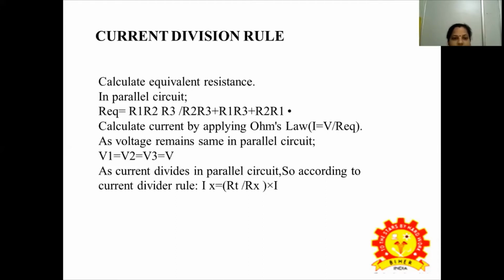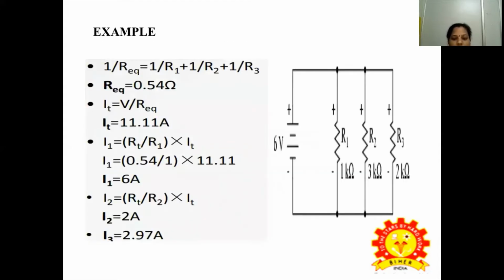As the voltage remains the same in a parallel circuit, V1 equals V2 equals V3 equals V. So according to the current divider rule, Ix equals RT divided by Rx into I. So, an example of the current division rule: 1 divided by R equivalent is equal to 1 divided by R1,